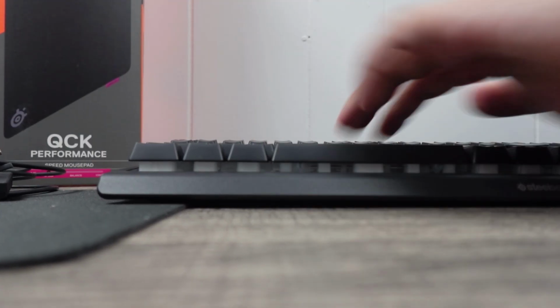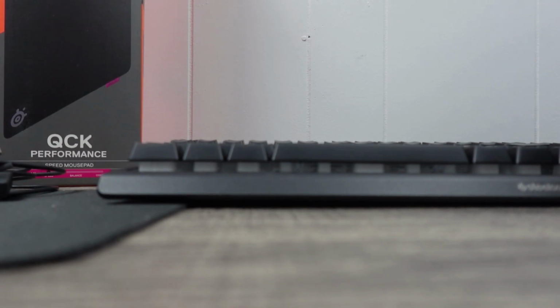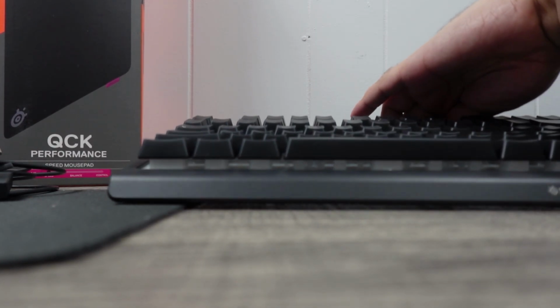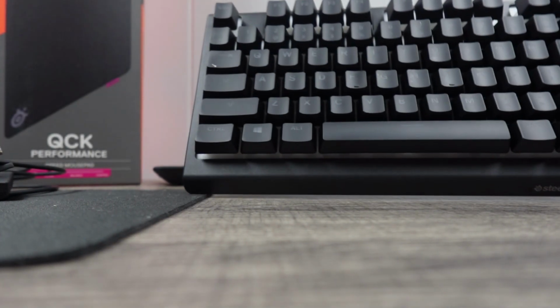Again, it has to be... what do you call it? It has to be plugged in all the time. This will be a wired one. The wire is attached. I don't think you can take it off. The escape key seems almost protruding out a little bit, but